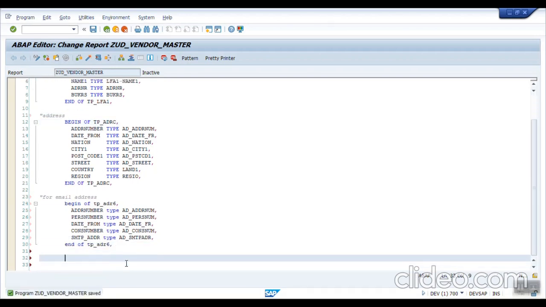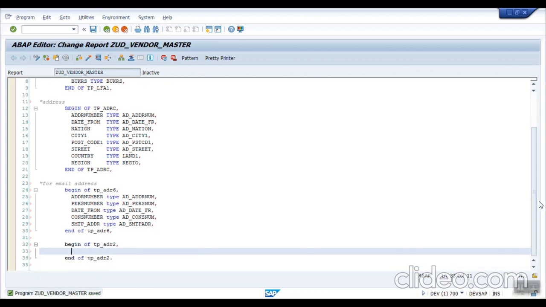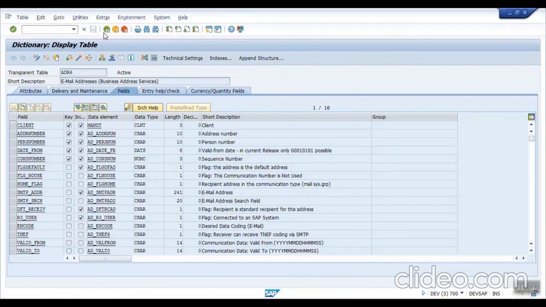Now the last table which I want is begin of TP underscore ADR2 and end of TP underscore ADR2. Okay, this is not the last. Finally I want to move all the data to a final internal table. So now I will go to ADR2.